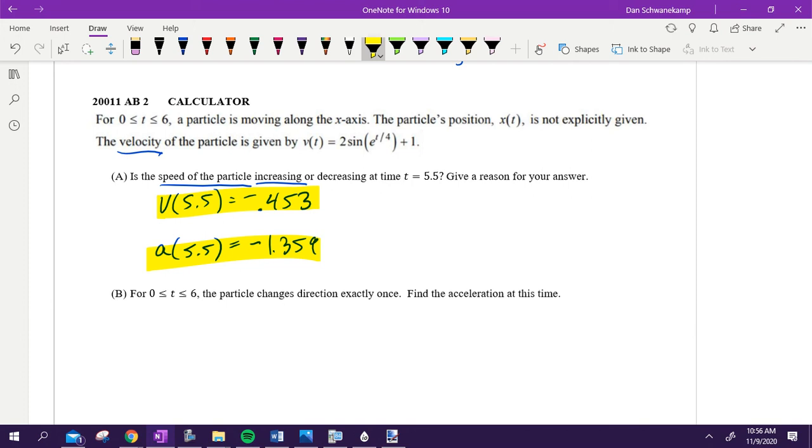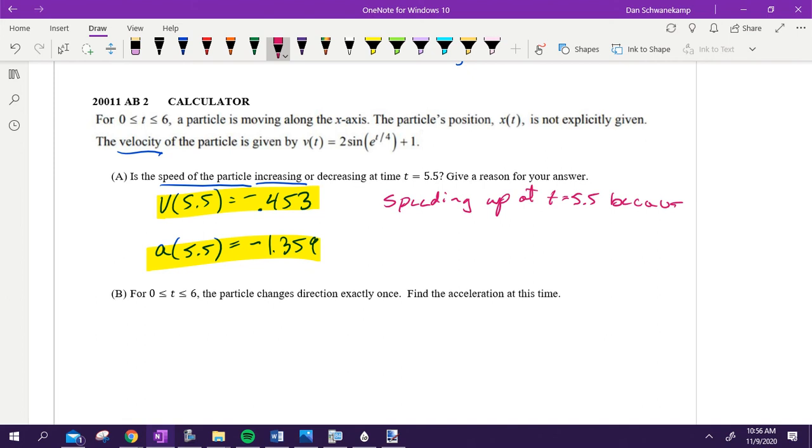Thumbs up if you think you're speeding up. Thumbs down if you're slowing down. We are speeding up. So my answer is speeding up at t equals 5.5 because,